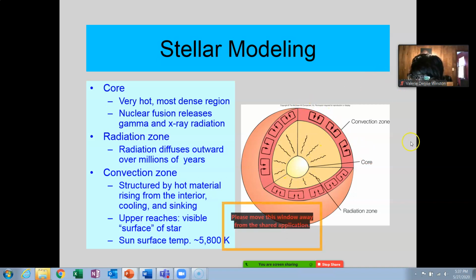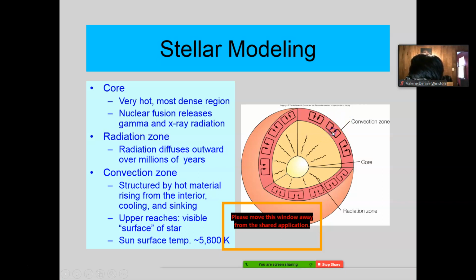The cursor goes away at times. And then the convection zone carries the energy outward, and some of it escapes, some of it is circled back in. Okay? So it's not a lot new, but it's showing approximately the distances.